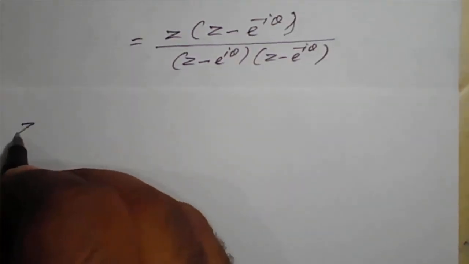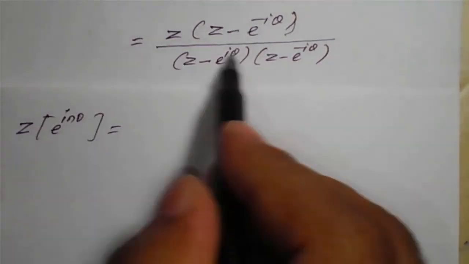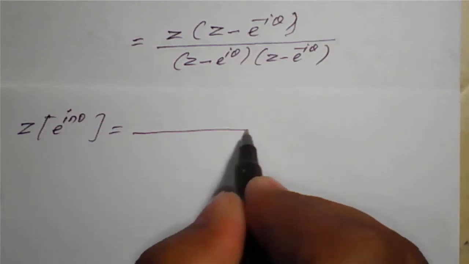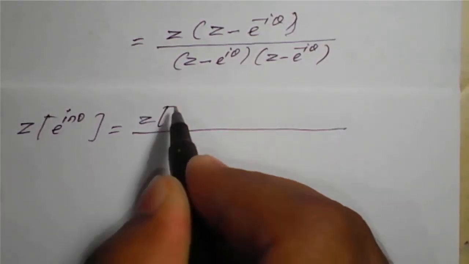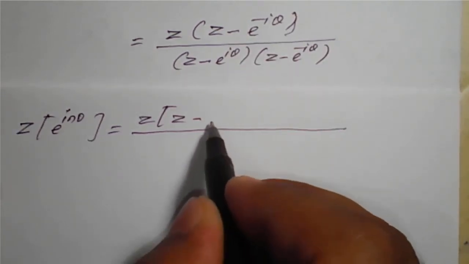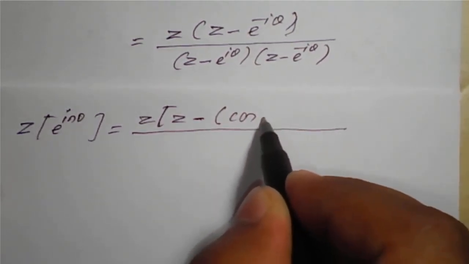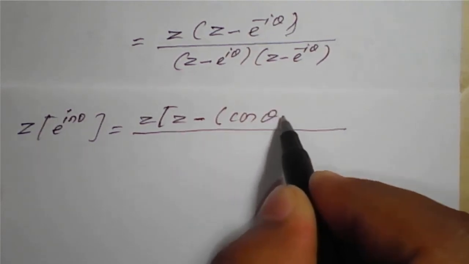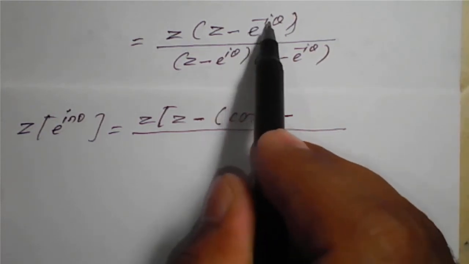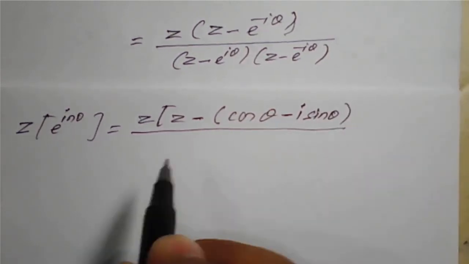that is nothing but z transform of e raised to I n theta is equal to, if you open the bracket, z into z will become out here. First the inside term we'll simplify, z into z minus e raised to minus I theta, I am going to write it as, so minus sign is there, I will put a bracket, it will be cos of theta minus, because of this minus I, it will become minus, if it is plus I, it will become plus, so minus I theta is there, so minus I times sine of theta divided by,